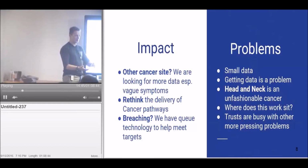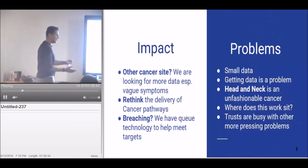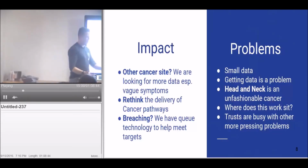When you're at 0.5, do you go and see the most experienced doctor because that's the most difficult decision to make? So there's lots of things you can do with the cancer pathway. And actually there's this idea of learning pathways, so pathways that evolve with the nature of the diagnosis space. Obviously this has implications for breaching because if you're managing the pathway more effectively, and we've got other technologies to do this, then